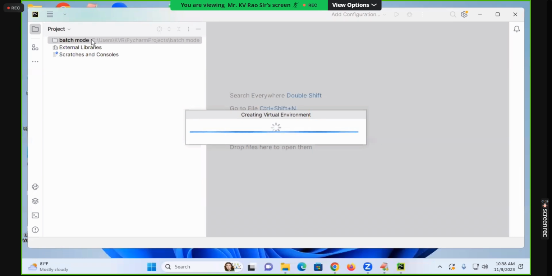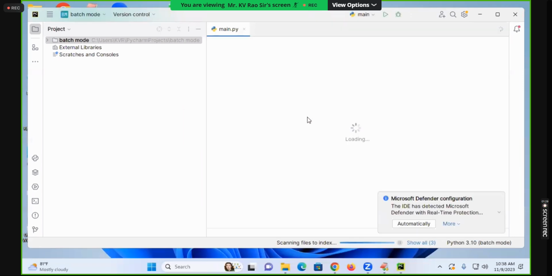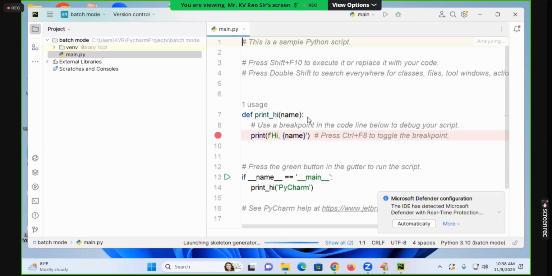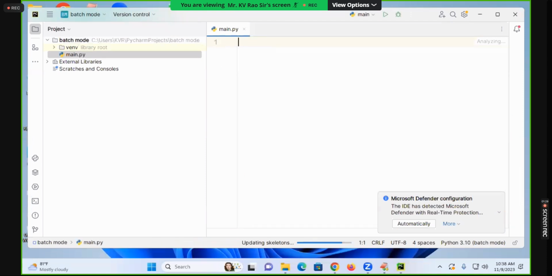Batch mode is your folder name or not? See, read out: Creating virtual environment. You have to use these technical words. Creating what environment? Virtual environment. Well, now one sample file is created. What is that sample file? Main.py. Automatically remove this. I can happily write